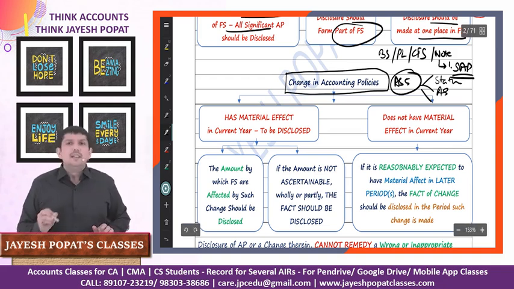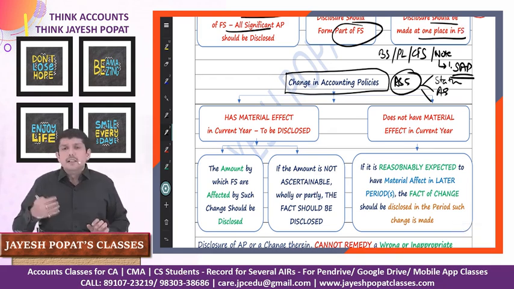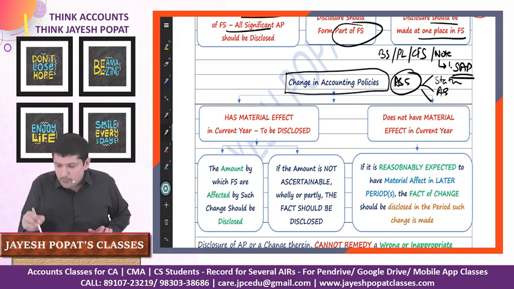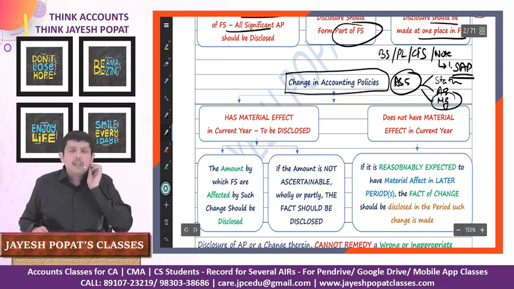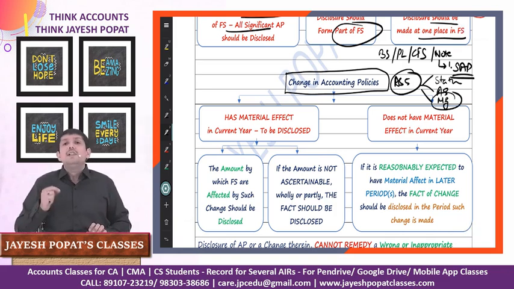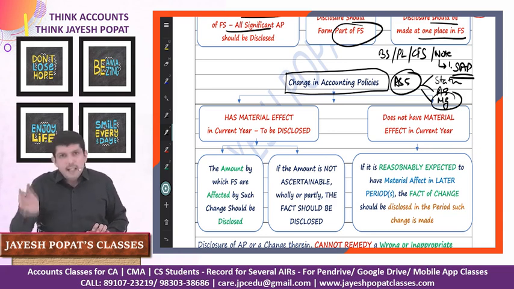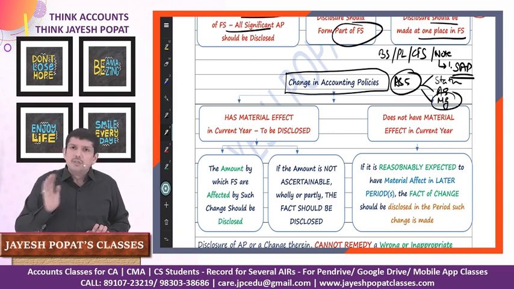If there is a revision in the accounting standard, or the accounting standard comes up with new or revised requirement, you will have to change your accounting policy. The third option has been given to the management. If the management believes that the change will result in more appropriate presentation of the financial statement, then management is free to change its accounting policy.